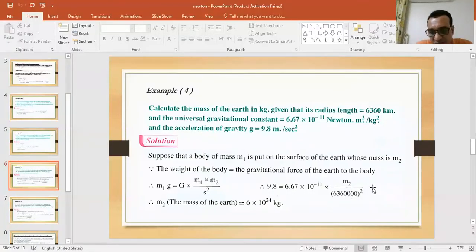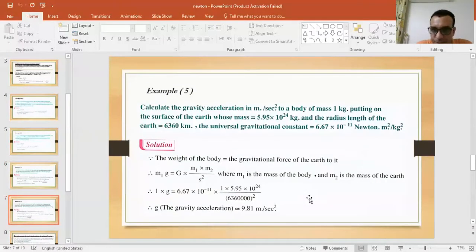By simplification and using a calculator, we get that M2, the mass of the Earth, equals approximately 6 multiplied by 10 to the power 24 kilograms. Example 5. Calculate the gravity acceleration in meters per second squared of a body of mass 1 kilogram,